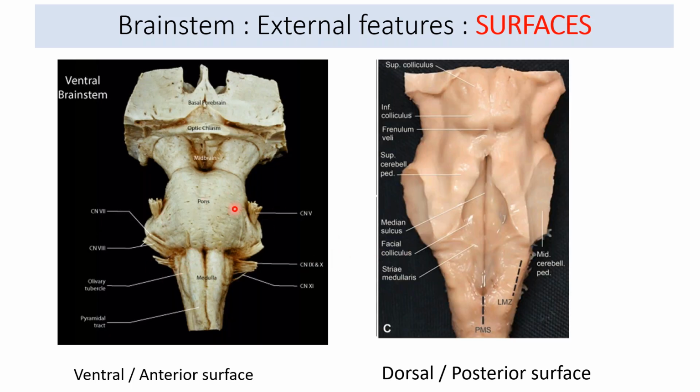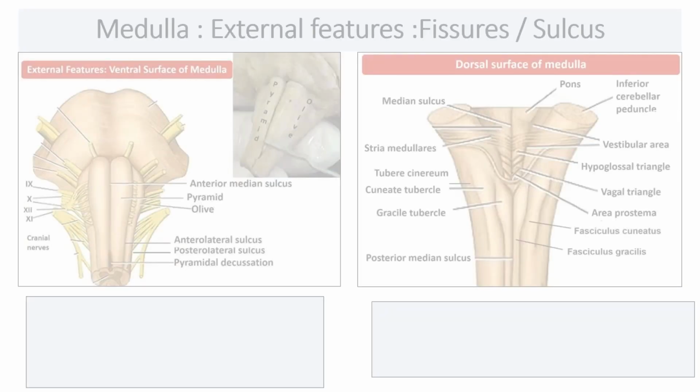So anteriorly we had seen, posteriorly if we see this brainstem, there is a stria medullaris in relation to the fourth ventricle. This is a stria medullaris. We'll come to this part in detail again. So posteriorly, this is how it was appearing, and the peduncle area has been cut because the cerebellum has been removed. So this is the area of the superior cerebellar peduncle, and this is the area of the middle cerebellar peduncle, which will be visualized from the posterior aspect. And these are the facial colliculi, over which the facial nerve and the abducent nerve nuclei will be related. This again will be done in detail in the subsequent lectures.